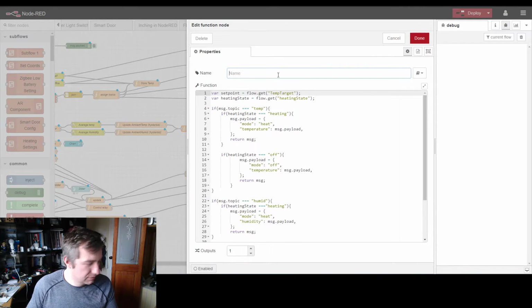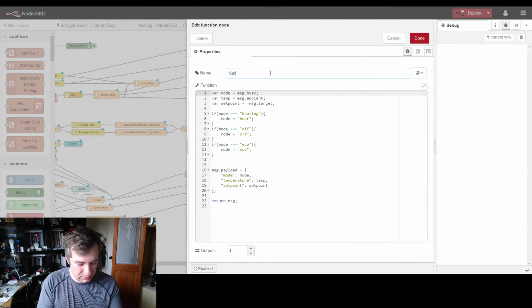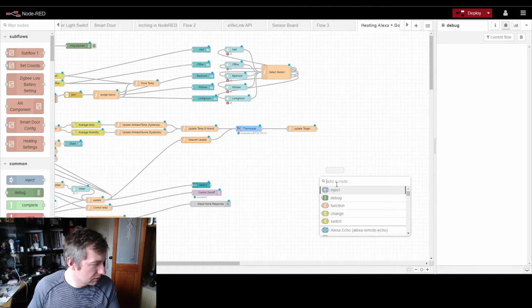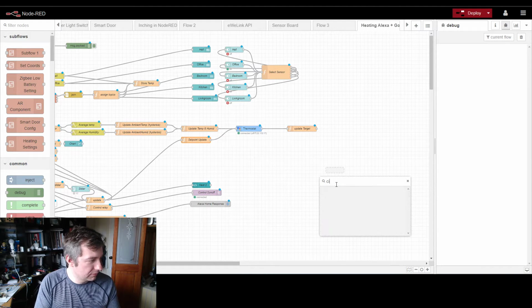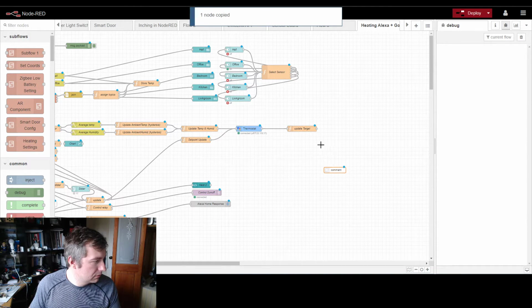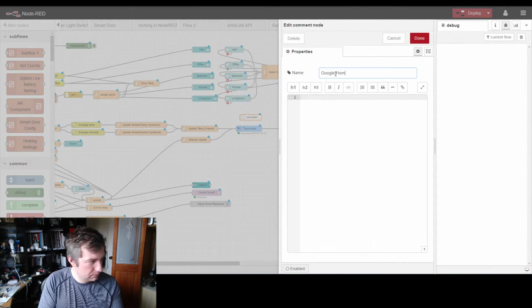This is update temps, temp and humidity. Cool. This is set point update. Cool. So this is how you feed the Google. So let's add the comment, and comment even. Google Home